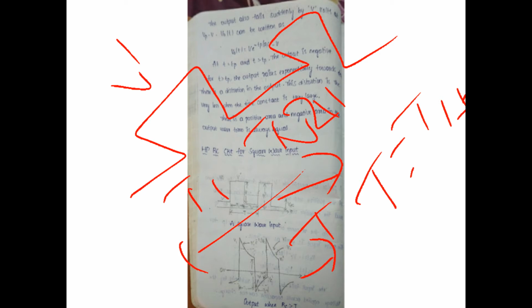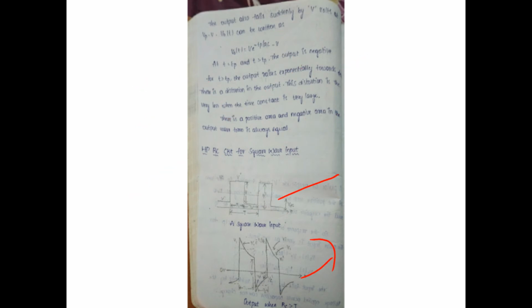In this RC far greater than T condition, the amplitude of the output signal is twice the input signal. In the RC far greater than T condition, the spikes are treated like this. So this is the RC far greater than T. So the spikes will have some peak, and the signal will look like this.